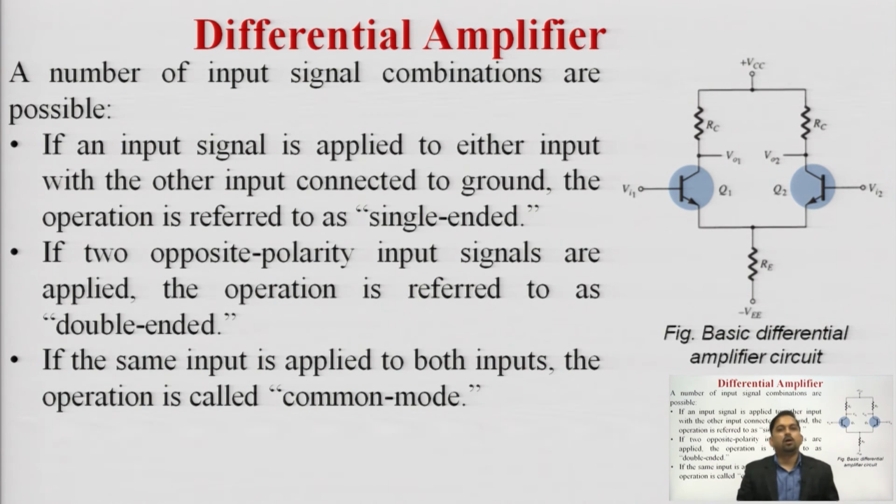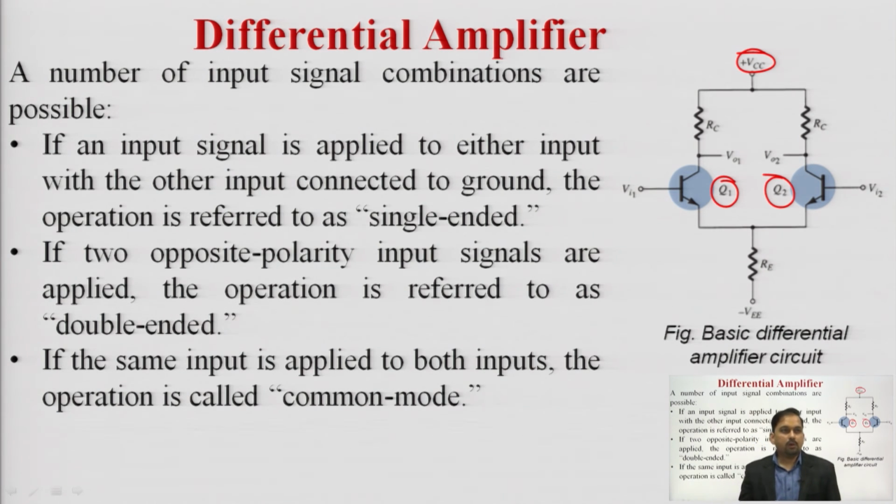Now, we have one important thing, which is a differential amplifier. As we have seen, an op amp is a very high gain differential amplifier. A differential amplifier basically consists of two identical transistors, Q1 and Q2. Q1 and Q2 identical means in all respects, meaning if the same voltage is applied at that particular point, the same amount of emitter current will flow through the transistors Q1 and Q2.